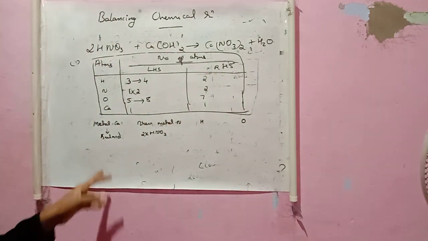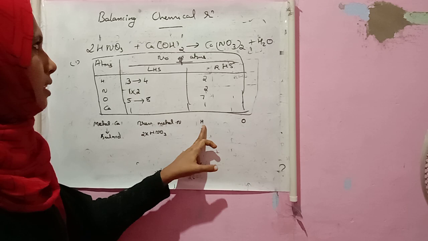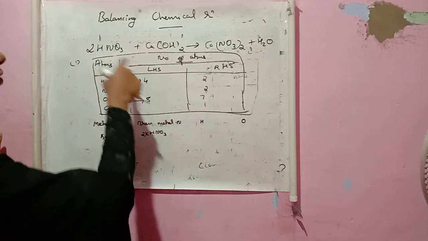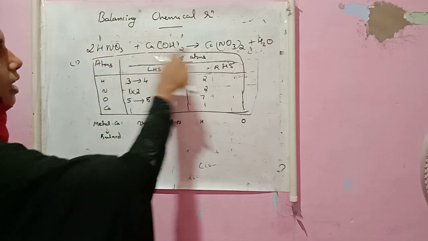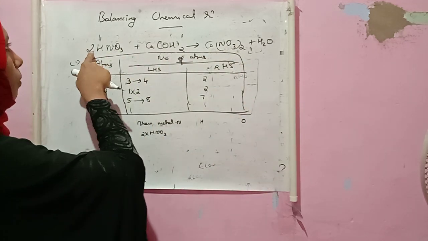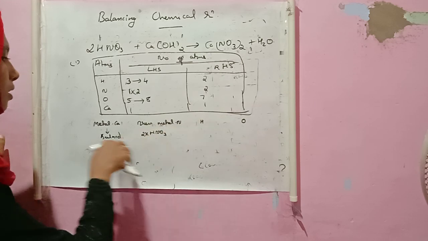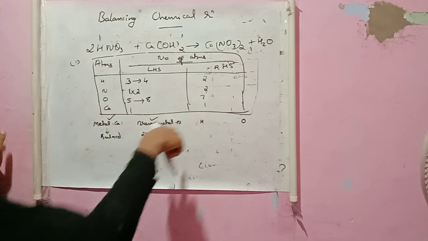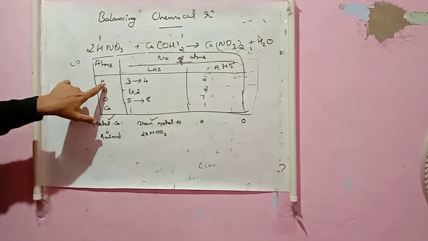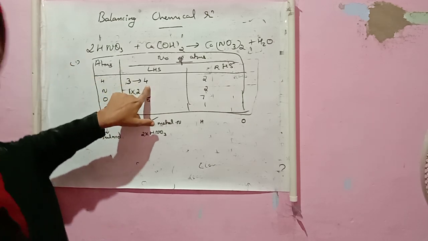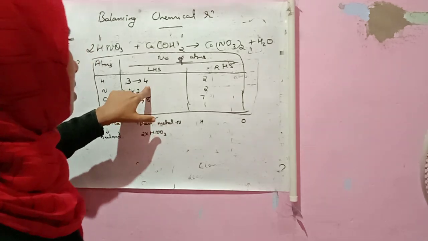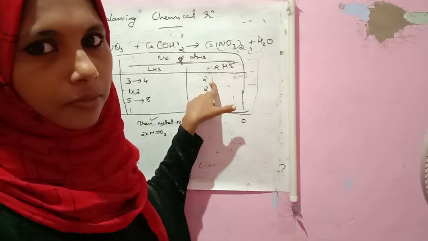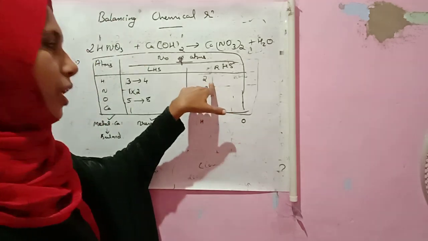Okay. Now next we are moving to the hydrogen atom. In case of nitrogen it is balanced here: 2 nitrogen and 2 nitrogen. Clear. 1 calcium and 1 calcium. Clear. These 2 are balanced now. Now hydrogen. What happened here? In LHS side, hydrogen is 4 in number now, and in the RHS side, hydrogen is 2 in number. So we need to make this 2 into 4.